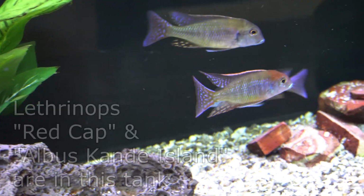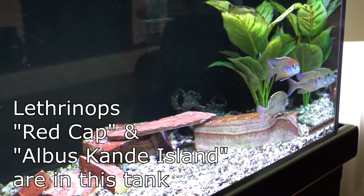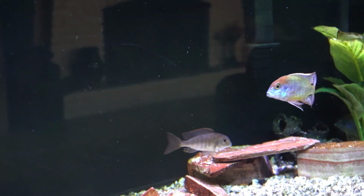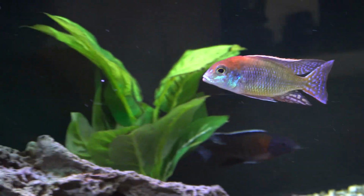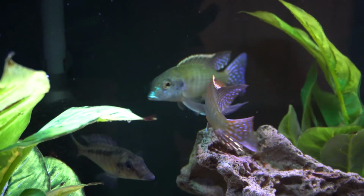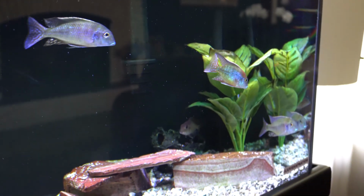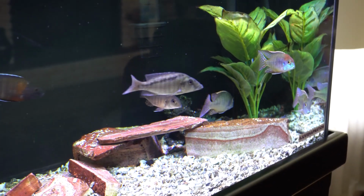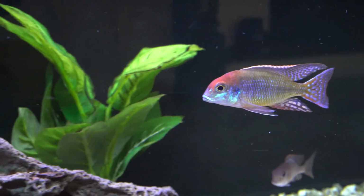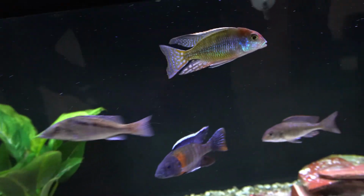Lethrinops are also a fish that you would need to consider if you're looking at more peaceful African cichlid tanks. And of course, there are other ones out there like shellies and fish from other lakes. But the ones I have experience with, I'd have to include Lethrinops on the list. I have two varieties of Lethrinops in this tank, and I've been very, very happy with just the general demeanor, the way they get along, and just their temperament in general, and the colors that they show are very beautiful, very translucent, they just get a lot of pop. Really enjoy them, and I would highly recommend that you consider Lethrinops